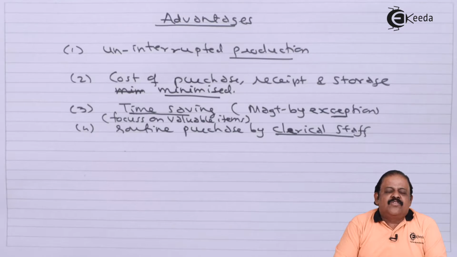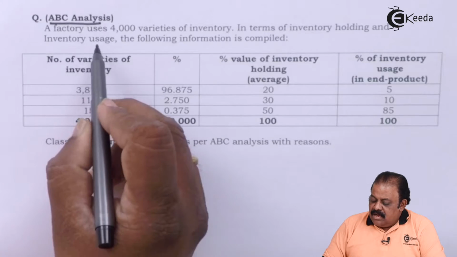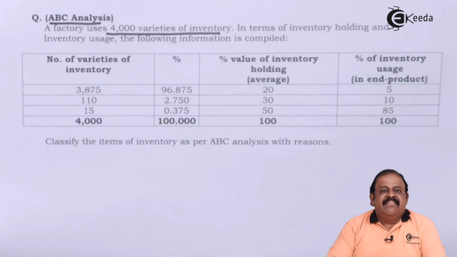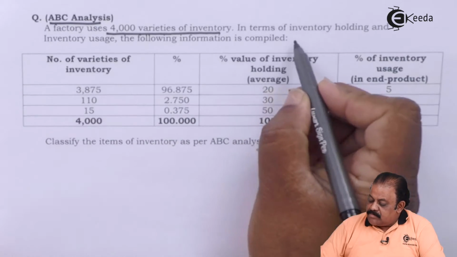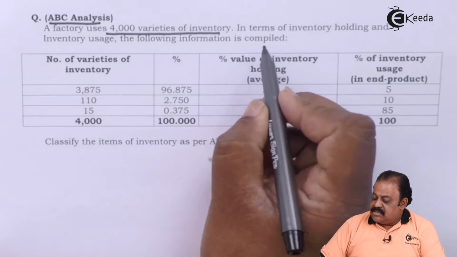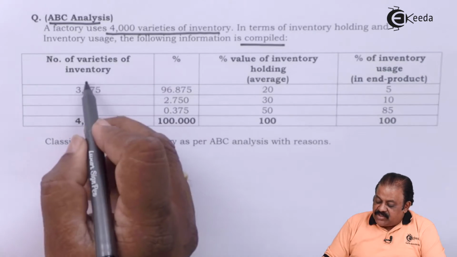Let us see one small question to understand the concept more elaborately. This is the question based on ABC analysis. A factory uses 4,000 varieties of inventories. In terms of inventory holding and inventory usage, the following information is collected. Number of varieties of inventories,